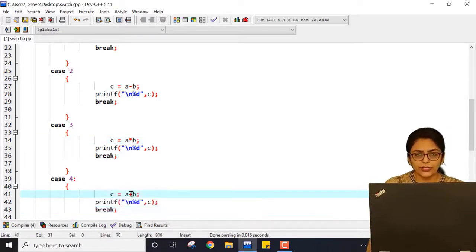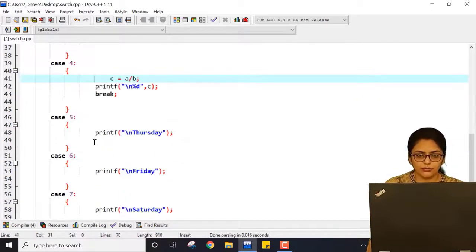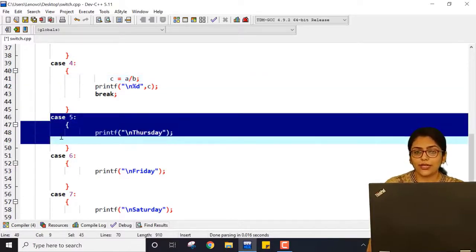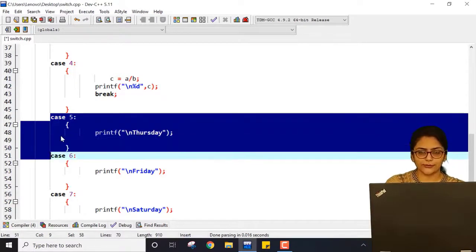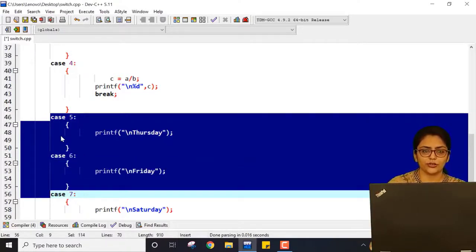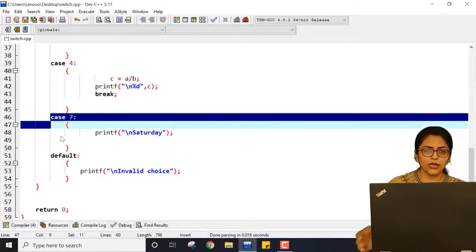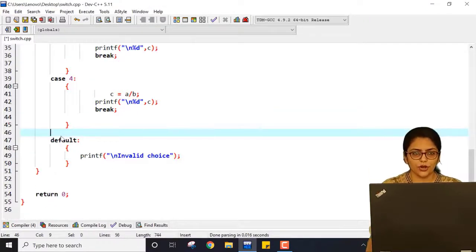Here, you can also take the numbers as float, but at that time you have to take all of them as float, and make sure that switch case does not work with floats. So whatever choices you are entering must be integer. This is a very important point, guys. You have to note that. I just forgot to talk about that when I was explaining switch in general. And default means invalid choice, right?